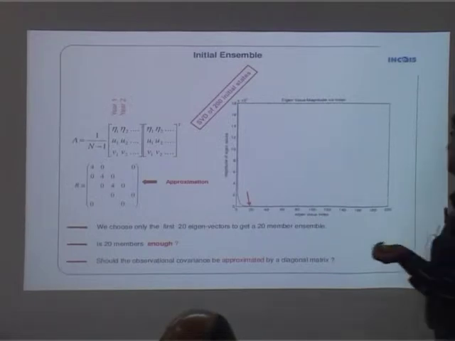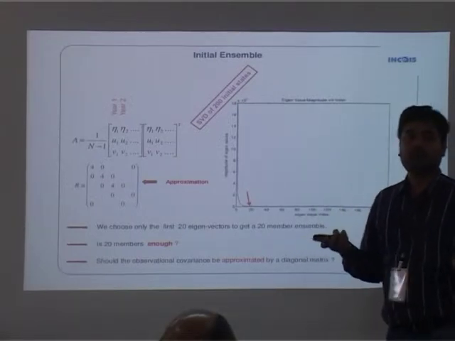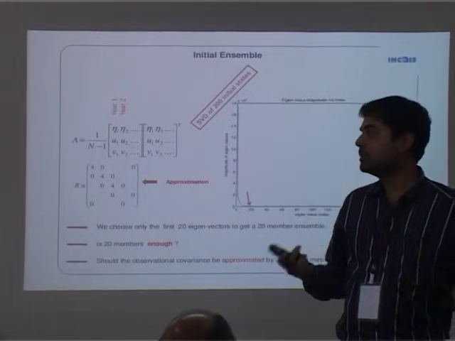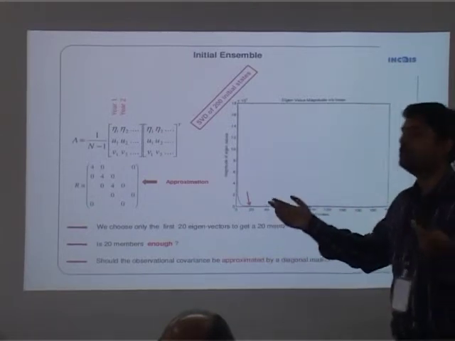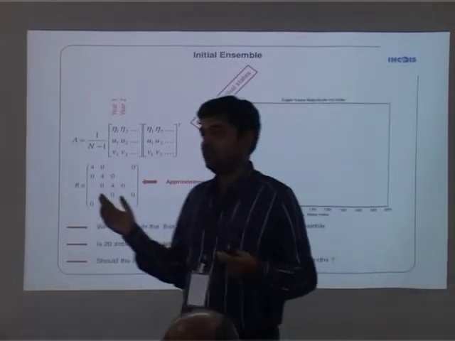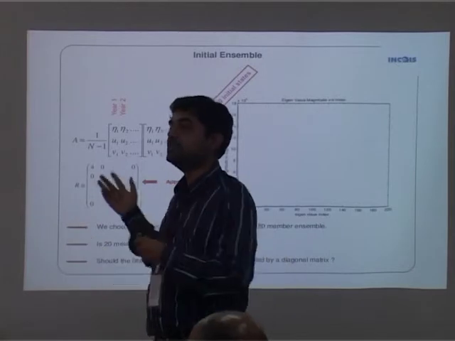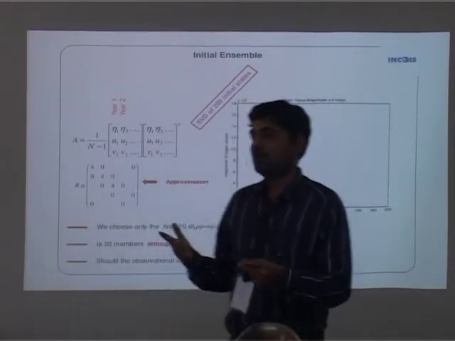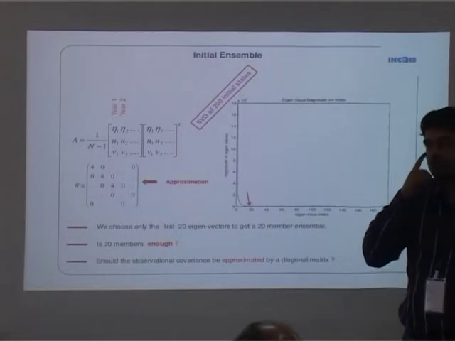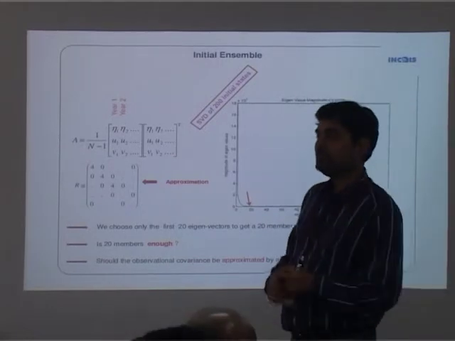So my question to this forum, to people who already have experience with ensemble Kalman filters, is whether this is the right way to generate the initial ensemble. This is what we have done, but is it the right way, or a reasonably good way, to do it? I guess there are many ways to generate it.